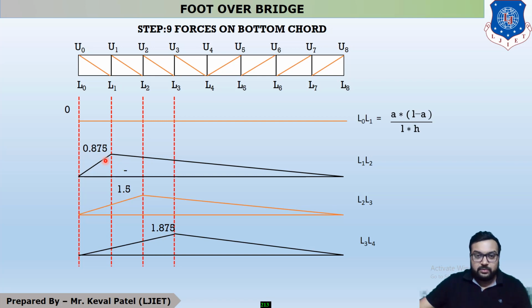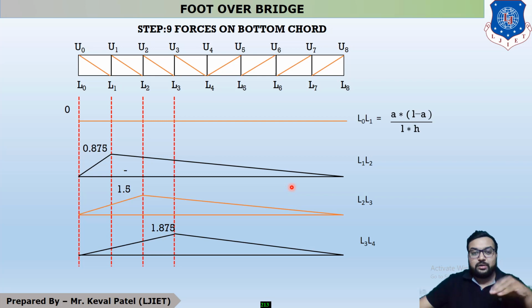0.875. Now it was already discussed in the last lecture that your top chord is always in compression in a through type of truss, and your bottom chord is always in tension in a through type of truss. Okay, now this bottom chord is a tension member, so there are two types of influence line diagram drawn in this step. So you can see that in the first type we draw our